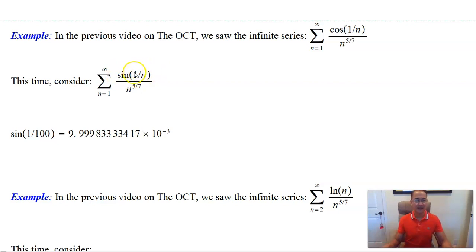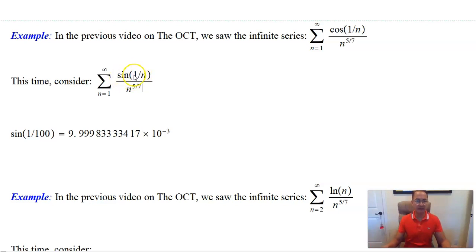Even though that is smaller than 1, once again, it's going to be smaller than 1 over n to the 5 over 7, but we just said, if the bigger series diverges, we cannot say that the smaller series diverges also. Maybe it converges. So we don't know anything about